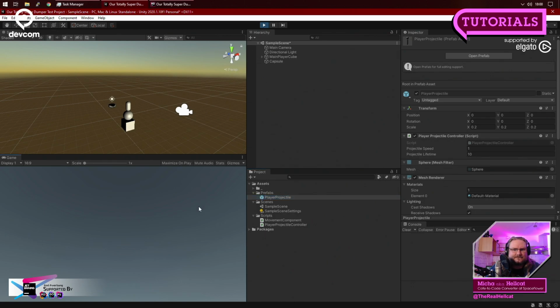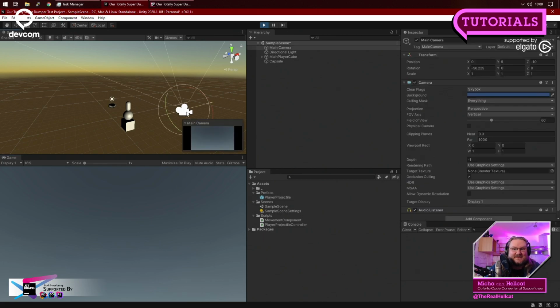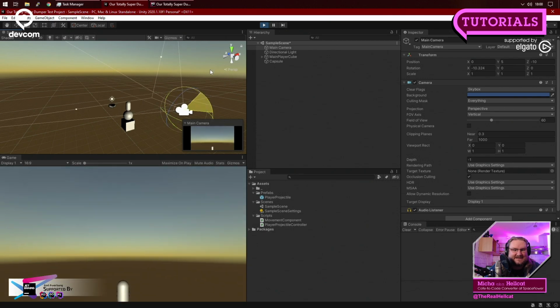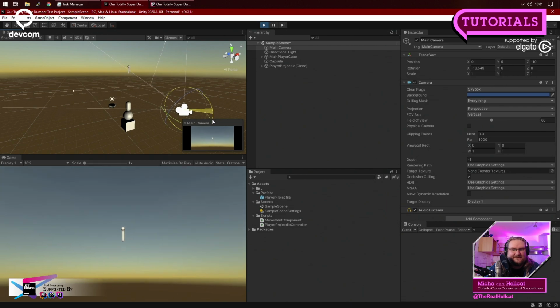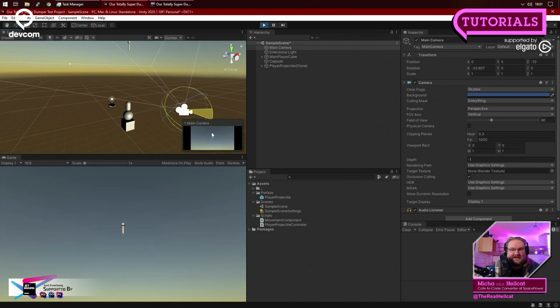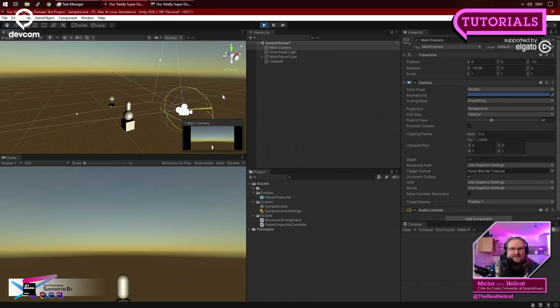Oh yeah, and if the camera doesn't see the projectile at all, it immediately despawns. So let's get this a bit back. But yeah, if I follow the projectile with the camera, it just doesn't despawn, because it's still always visible,